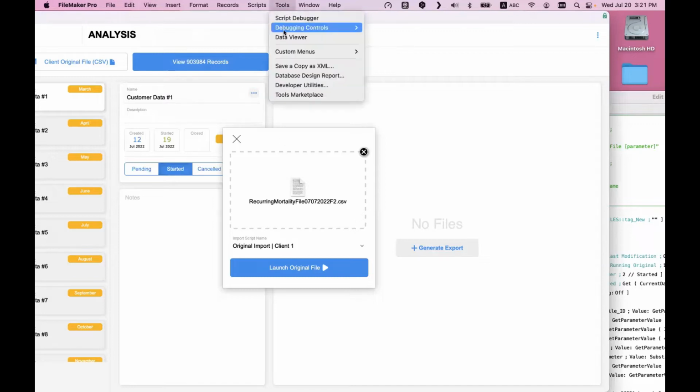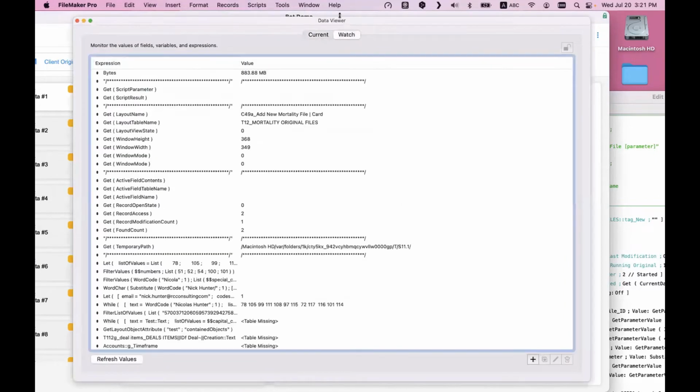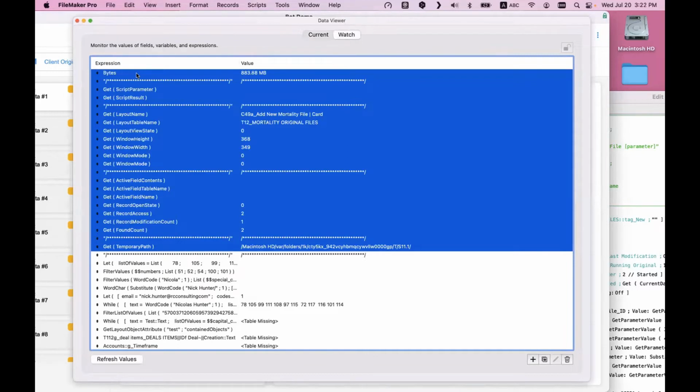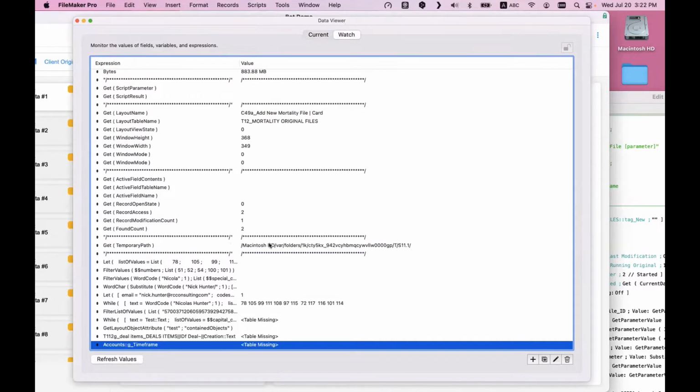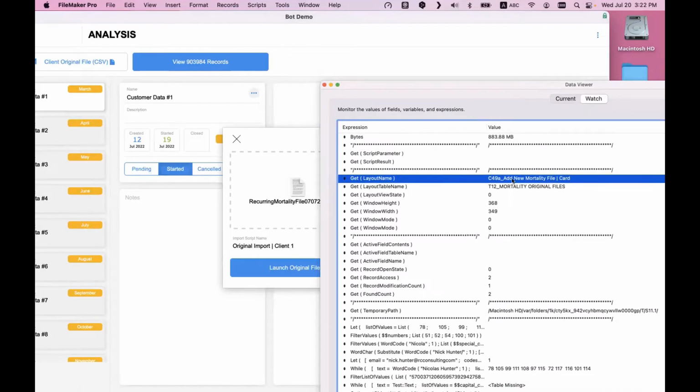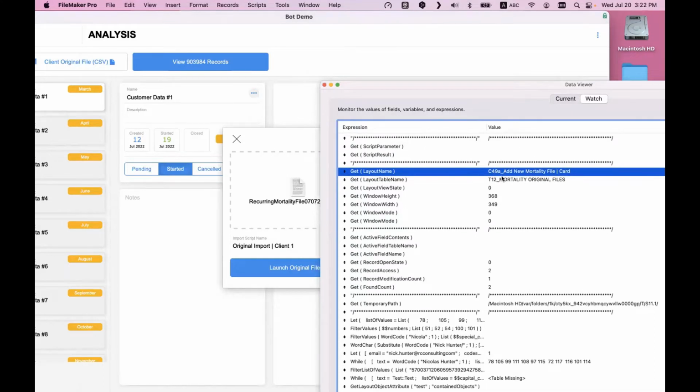But we don't. So here in my data viewer, I have plenty of stuff that I always put there by default. When I open a new FileMaker file, the first thing I do is open the data viewer and add stuff, and I keep it there. It will always stay there. Here I have the layout name, so I know which layout I'm on. It's C49A, and thanks to my naming convention, I don't care about what the layout is called, like Add new modality.